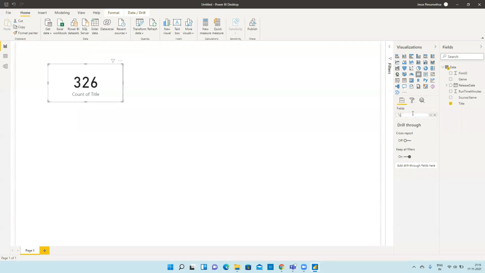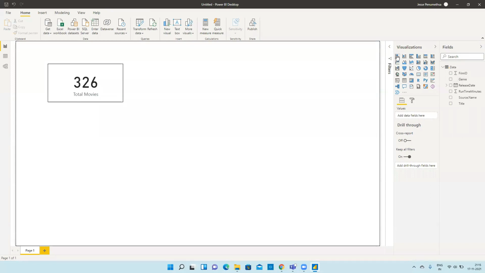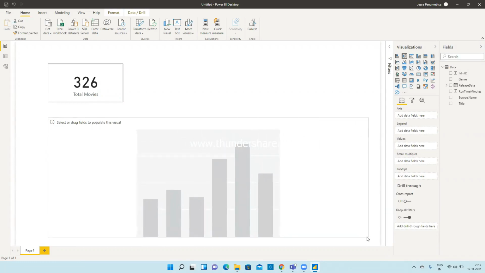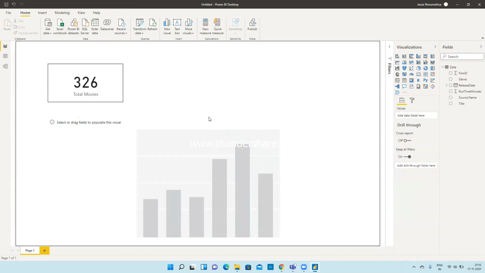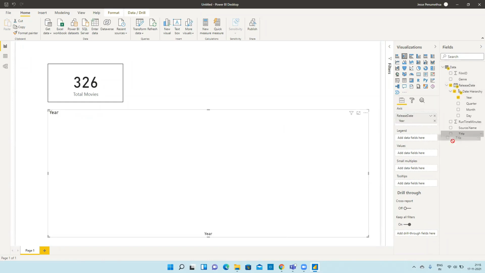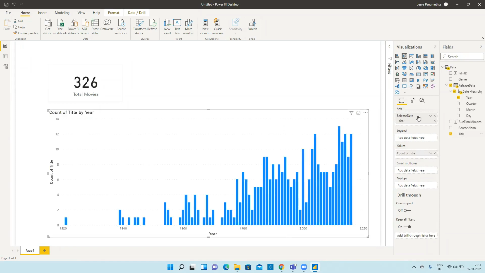I will name it as total movies, and below this a slicer and a column chart. In the column chart, in the axis, again I will take year, and in the values I'm taking count of title.